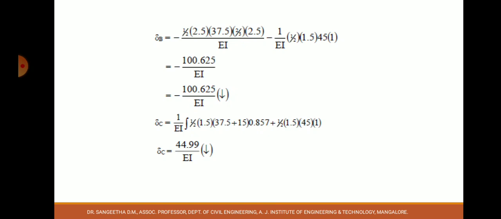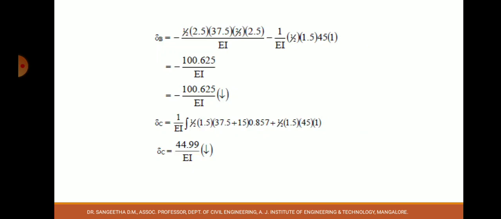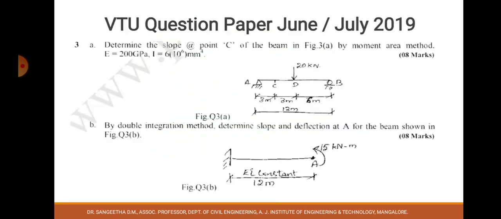And similarly deflection at C. For the trapezoid, what is the CG distance? You can evaluate the CG distance and calculate. If you don't know the CG distance of a trapezoid, split the trapezoid into one triangle and a rectangle. Then for each of them you keep adding and you can arrive at the solution. For the area of the rectangle, you multiply by the CG of the rectangle. For the triangle, multiply by the CG of the triangle. Then you add it with the other one. So you will get the total deflection at C.